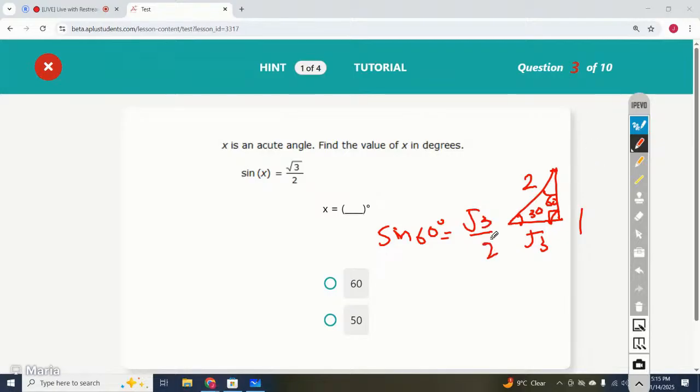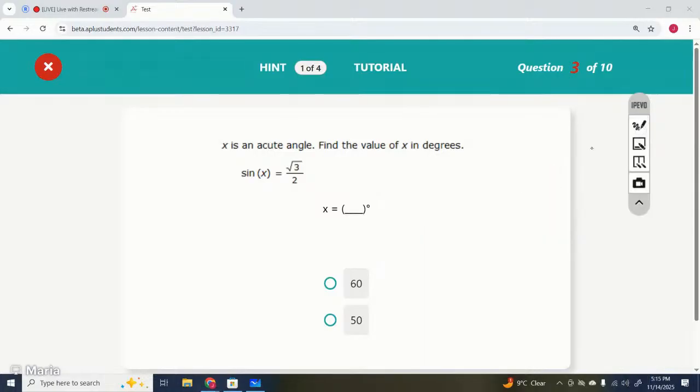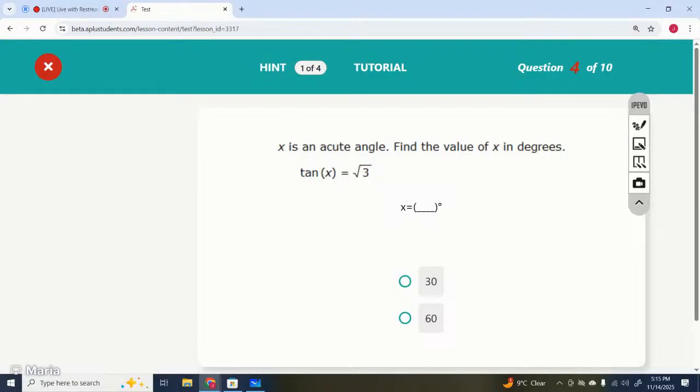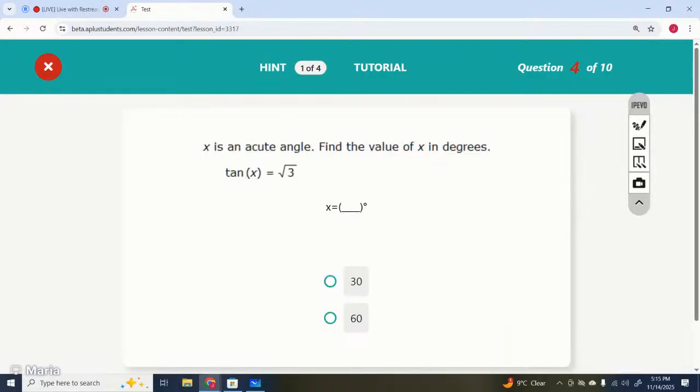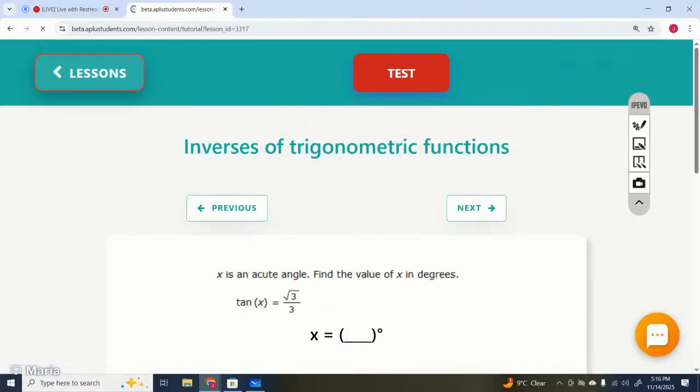So that is square root 3 by 2. Option number 1 is the correct option. It would be sin 60. Okay, you can complete the lesson by yourself later today. Let me just move on to the next lesson. The next lesson is